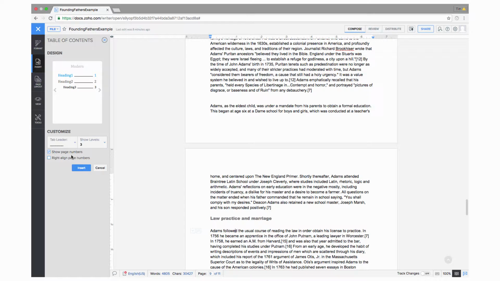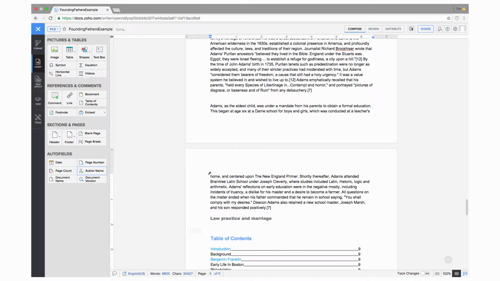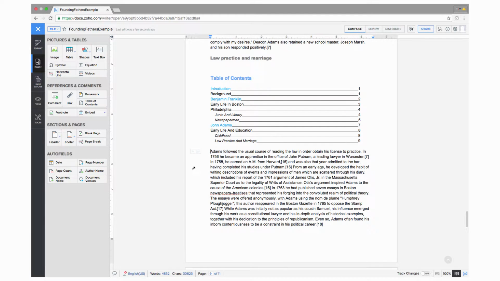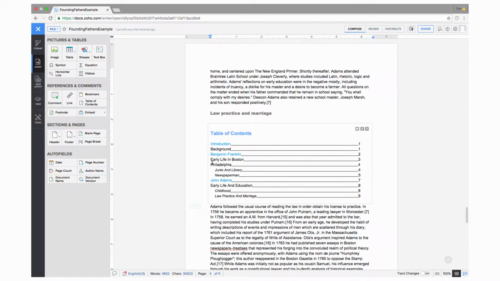The Show Page Numbers checkbox needs to have a check if you want to have the page numbers included in your table of contents. And the Right Align Page Numbers checkbox will align the numbers in a right alignment. So I'll go ahead and check that. And after you're done, click the Insert button, and it inserts the table of contents